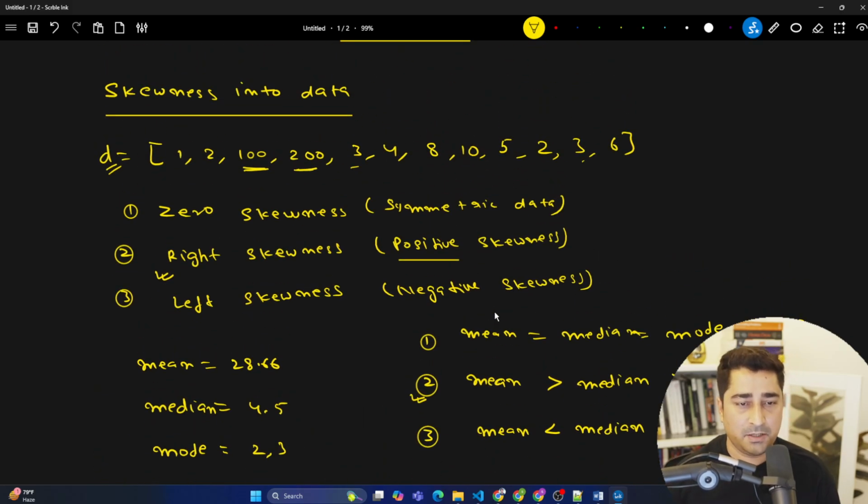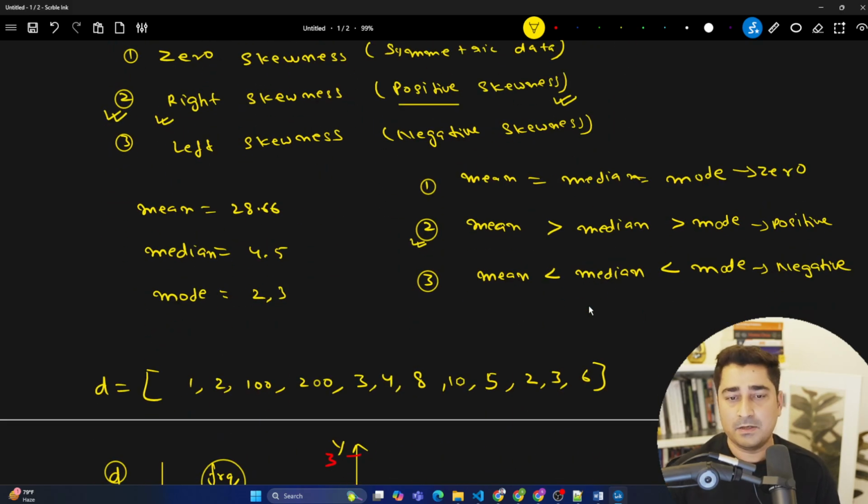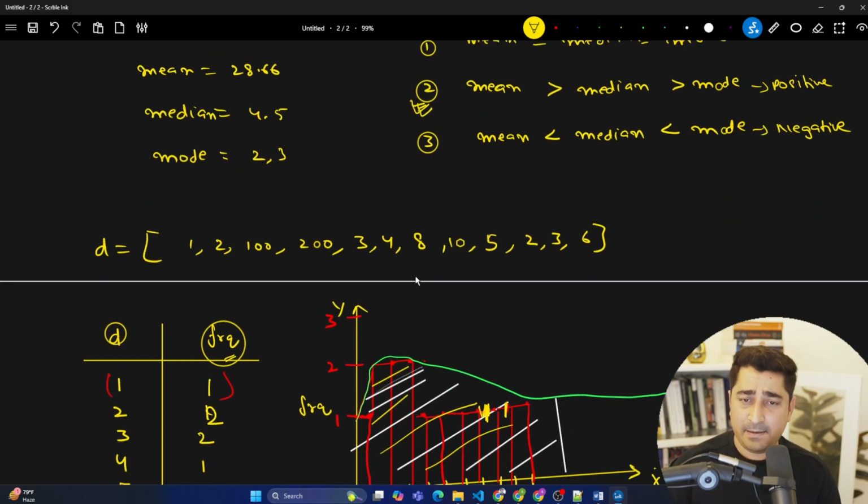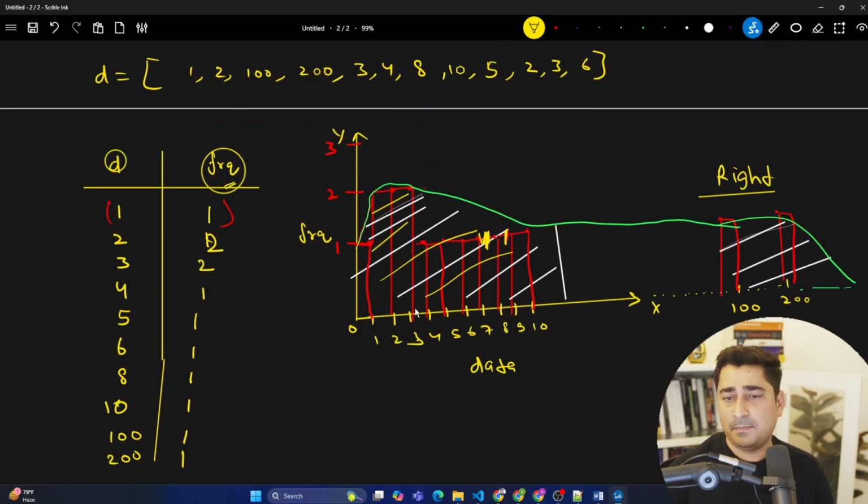So now we are able to understand what is the meaning of right skewness or a positive skewness. Both are the same, right? So we are able to prove it in two ways. One is this particular way by finding out mean, median, and mode. And the same proof we are able to get even by plotting a graph. So even by plotting a graph, we are able to find out the same proof.